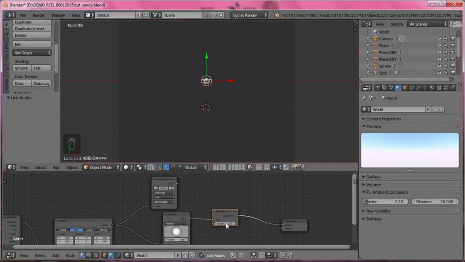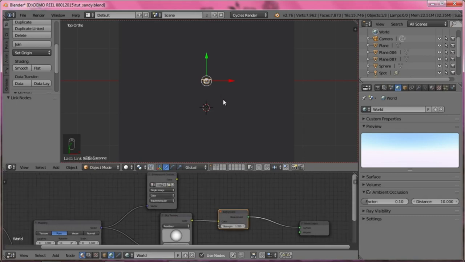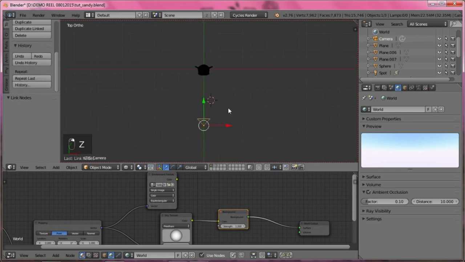And change the strength. 1.2 is something like that. Select the camera,